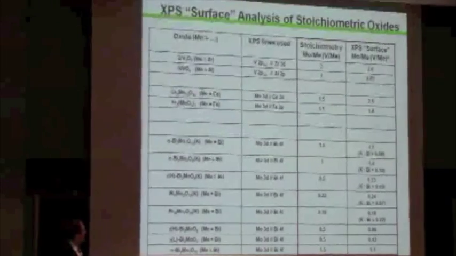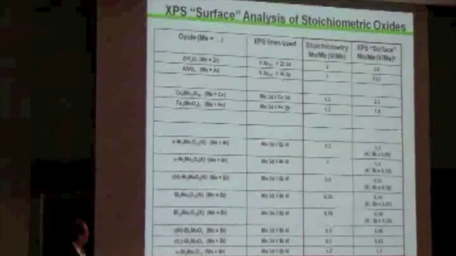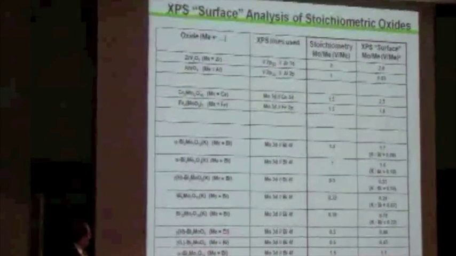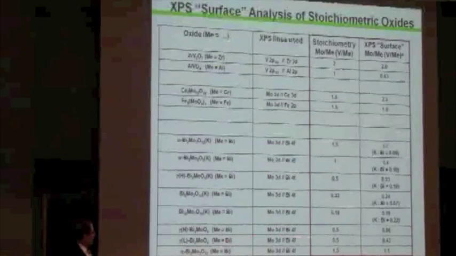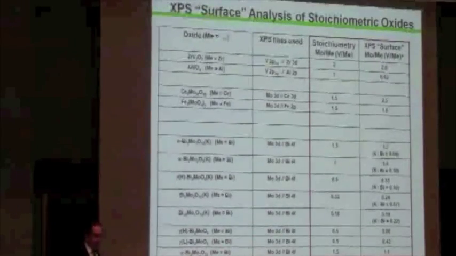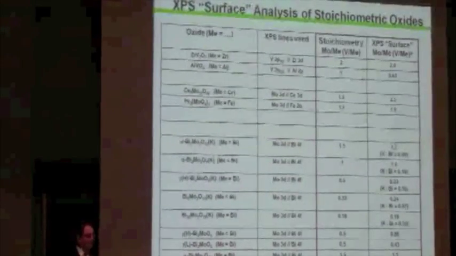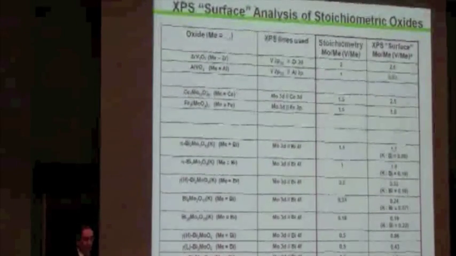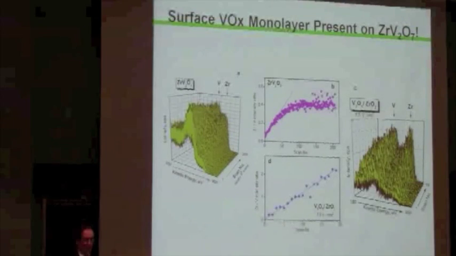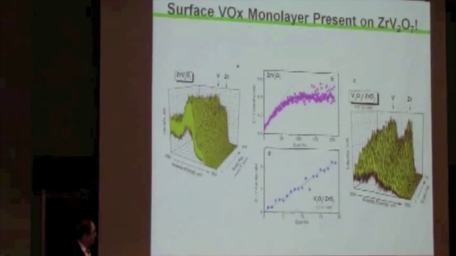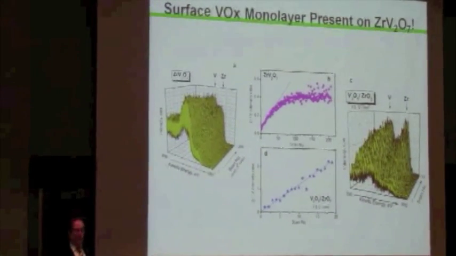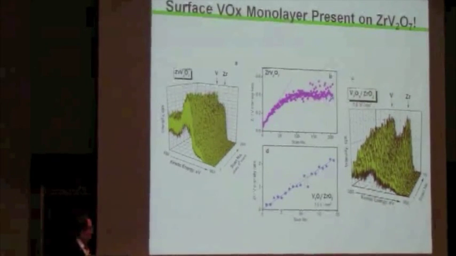The surface is higher, indicating an enrichment of molybdenum. And here are some other commercial catalysts. These are used to make the monomers for polyesters and things like acrylonitrile, acrolein, and so on. So let's take a look at some of these materials more carefully and see what is really going on when